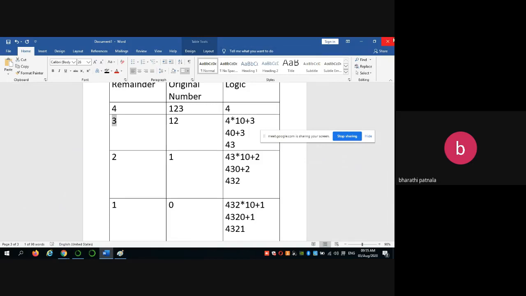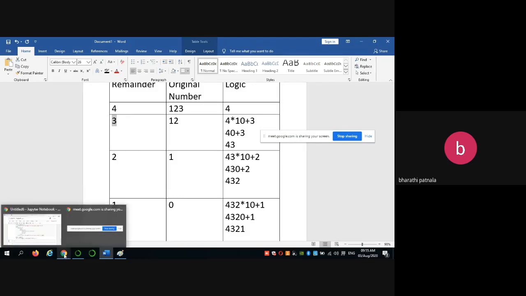Okay, so take this program as homework and do this program, and you have to show that program in the next class. Okay, all of you must write how to check whether the number is a palindrome or not. Okay, so all of you must write and show it in the next class.